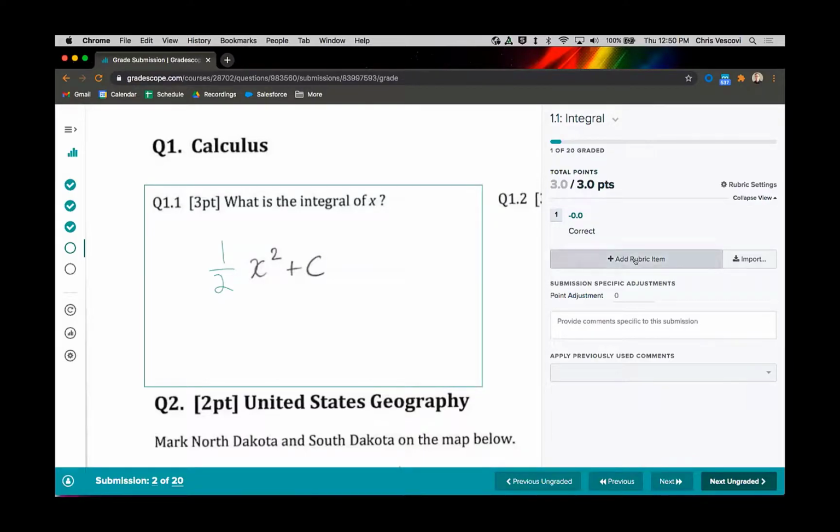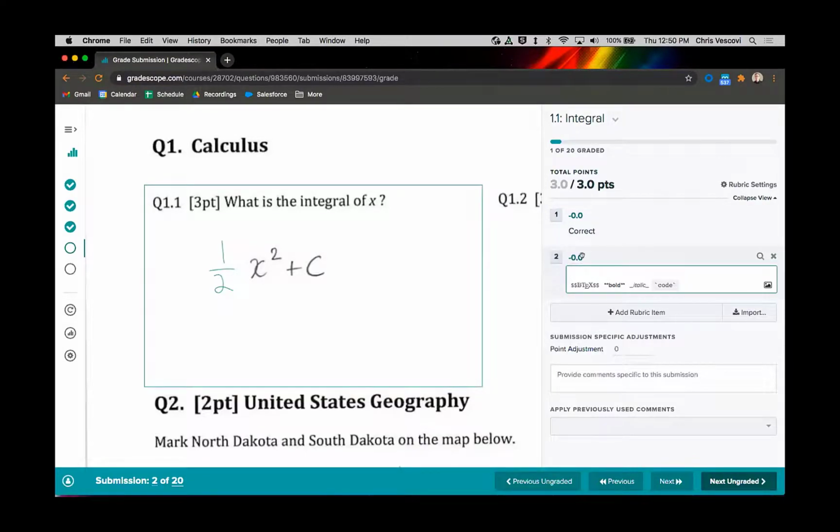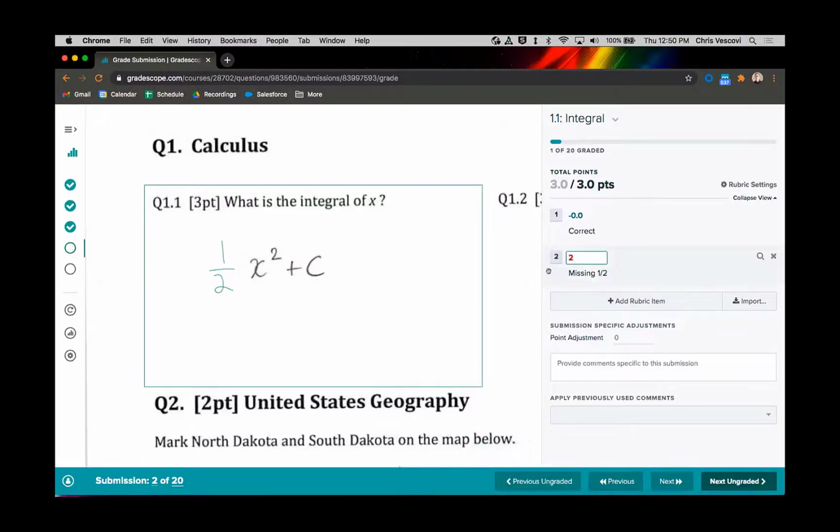So what I'm going to do is add a new one, and this is very simple, this example here, but you can make these little feedback pieces as detailed as you need them to be for the question. For me, I'm just going to put, we're missing the 1/2, and I'm going to take off a couple points. Now, I just created the rubric item. I still need to apply it, so I'm going to go ahead and click this 2, and then you can see here, this student has received 1 of 3 points. We're all set, so I'm going to move on to the next